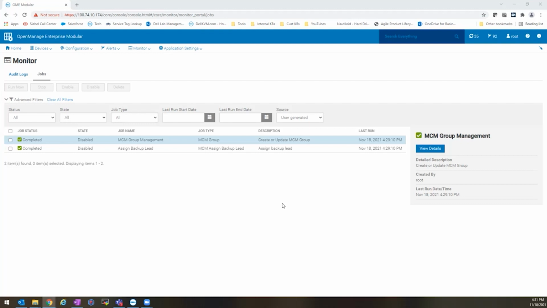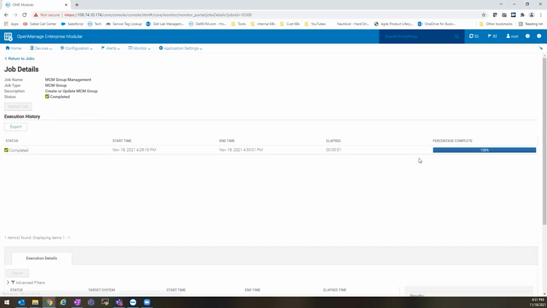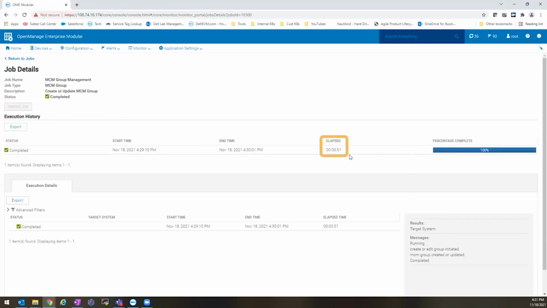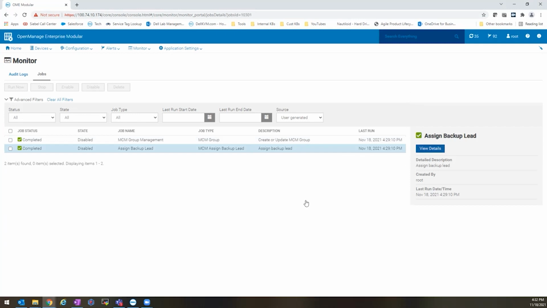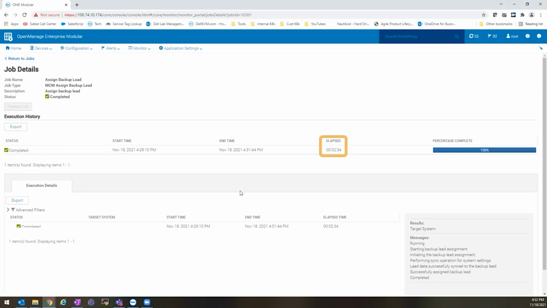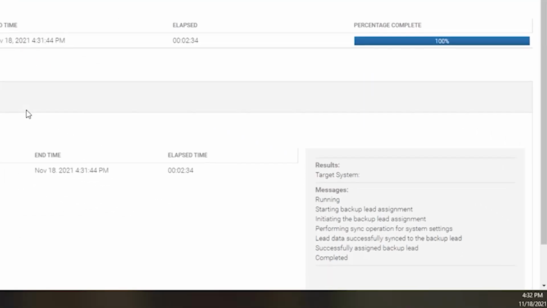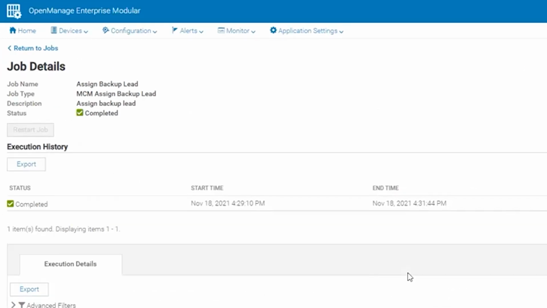Okay, and we're back. So both of these jobs successfully completed. As we go to the view details of each job, you can see that the initial one took a little less than a minute to complete, and the other one that backs up your system settings took about 2 minutes and 30 seconds to complete. It initiates the communication, it defines who's going to be a backup, it synchronizes your system settings, and it does a short check afterwards. The last step is to wait until the 2 databases are properly synchronized.